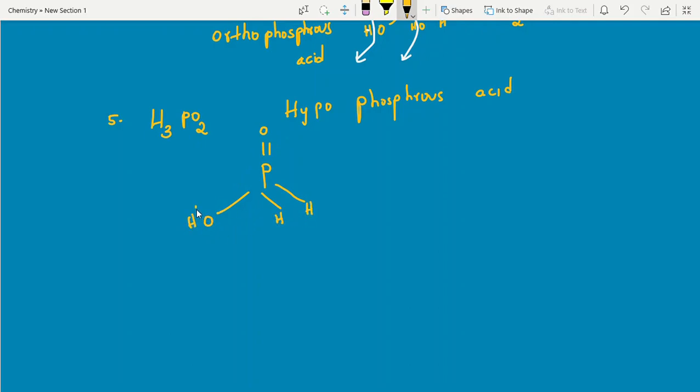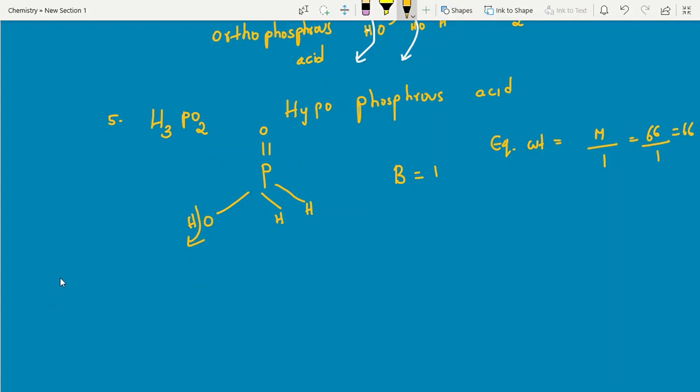So which is easily replaceable? This one. Next, basicity equal to 1. That is nothing but N factor. Equivalent weight equal to, can you calculate? M by 1. Equivalent weight, molecular weight, both are same. What is molecular weight? 66 by 1. That is 66. That's it. How easily we are calculating if you know the tricks here. Clear, students? That's it. These are frequently asked questions.